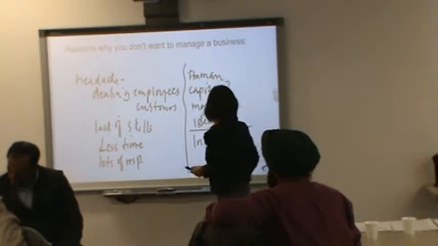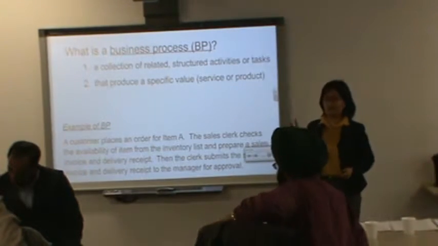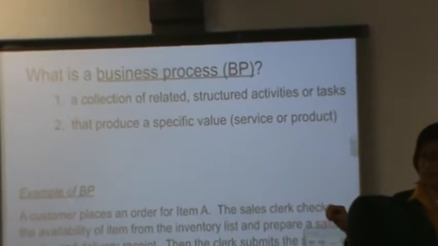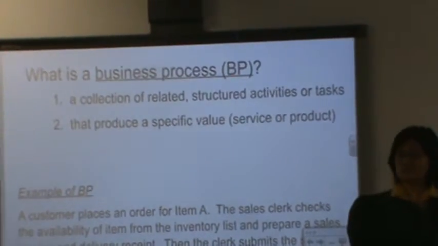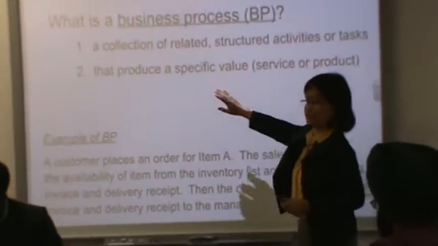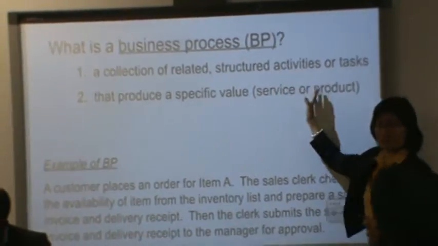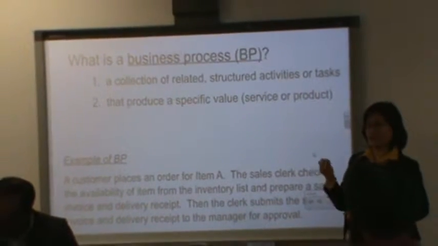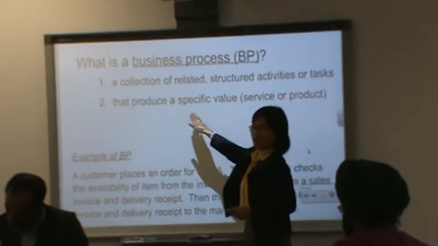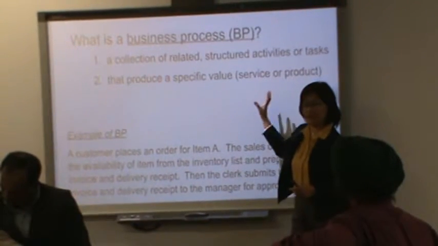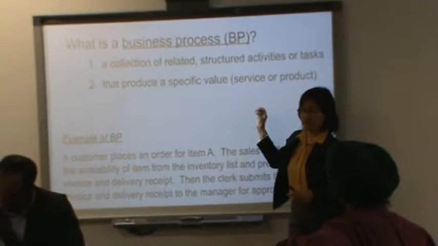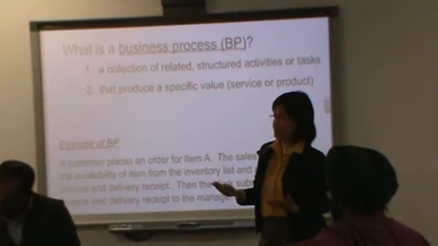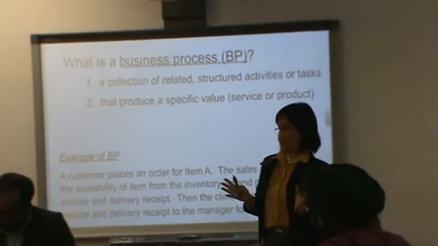So at this point, I'd like to focus our attention first on understanding what business operations are. In management, we call this business process. A business process is a collection of related activities or tasks being performed in an organization in a collaborative, integrated way to create value for the business. Okay, that's what we call business process. Any activity, for example, a customer places an order and the sales clerk receives it and does something about it, is called a business process.